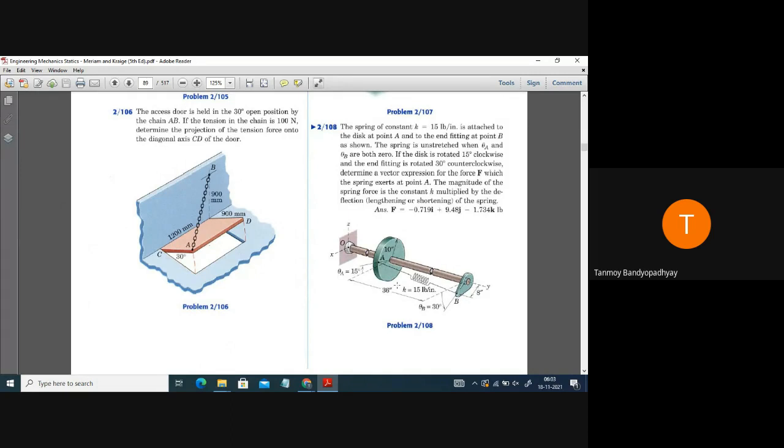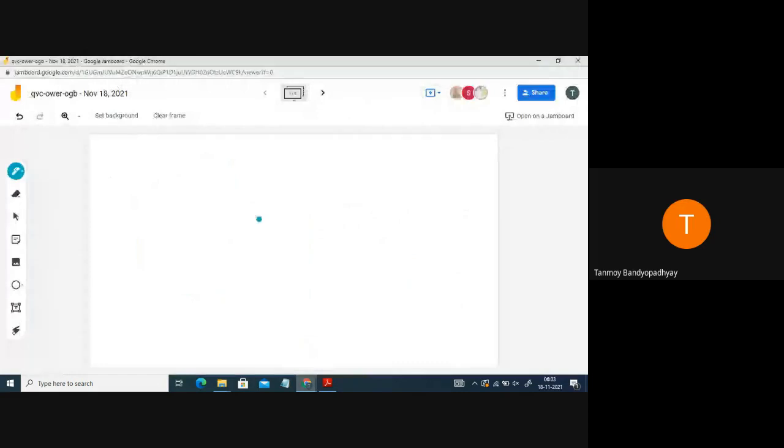So projection, you know how to find out the projection. What we have to do? We have learned vectors. Cos component, sir. How to find out the projection of the force? The dot product of the force with the unit vector. Suppose in this case you have to find out the projection of T on CD, correct? Force into CD unit vector. Sir, unit vector CD we have to calculate. Unit vector along CD. You have to do the dot product of these two.